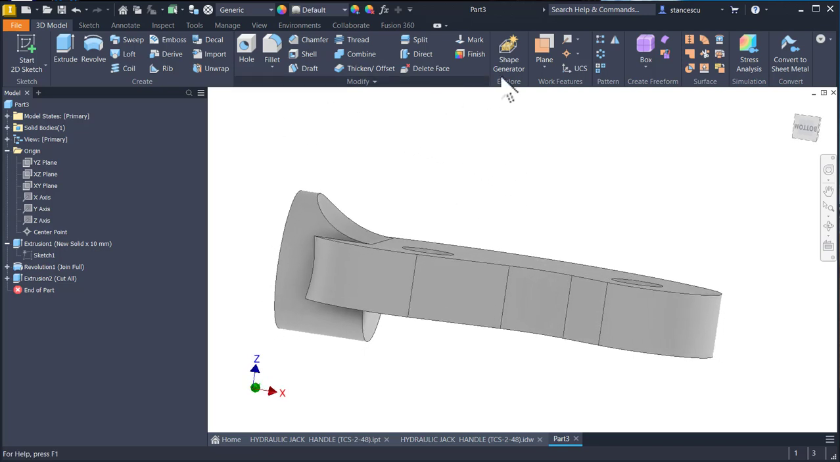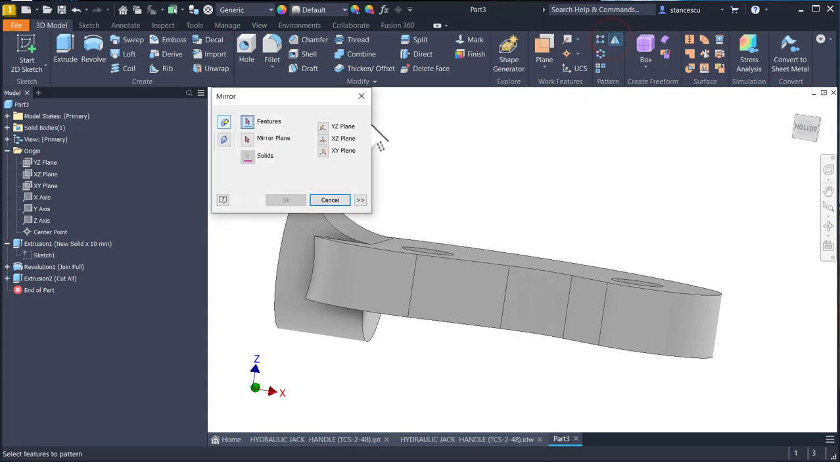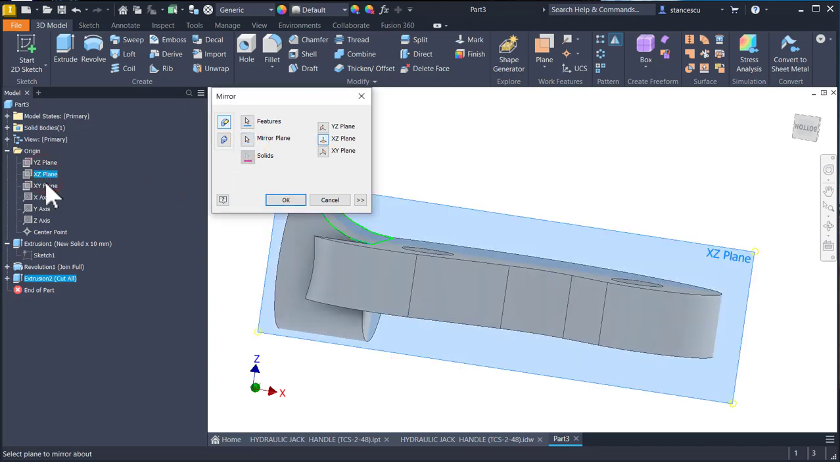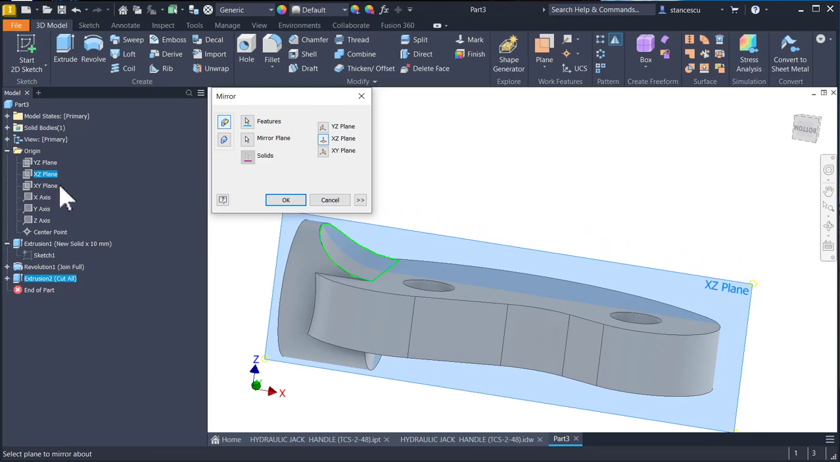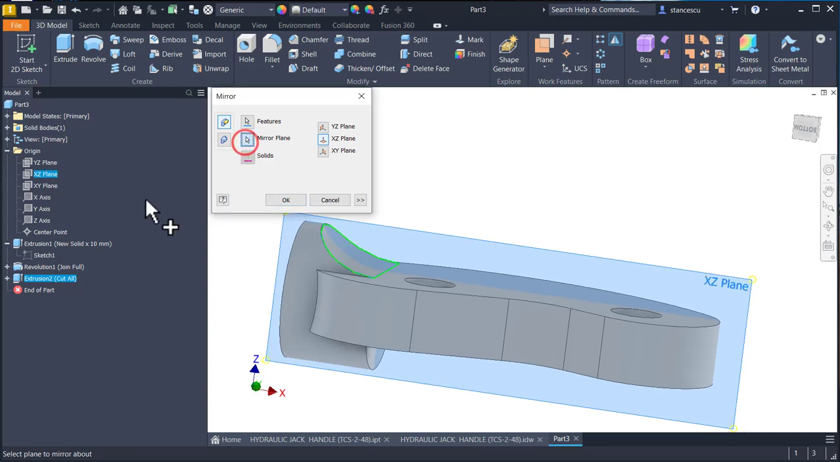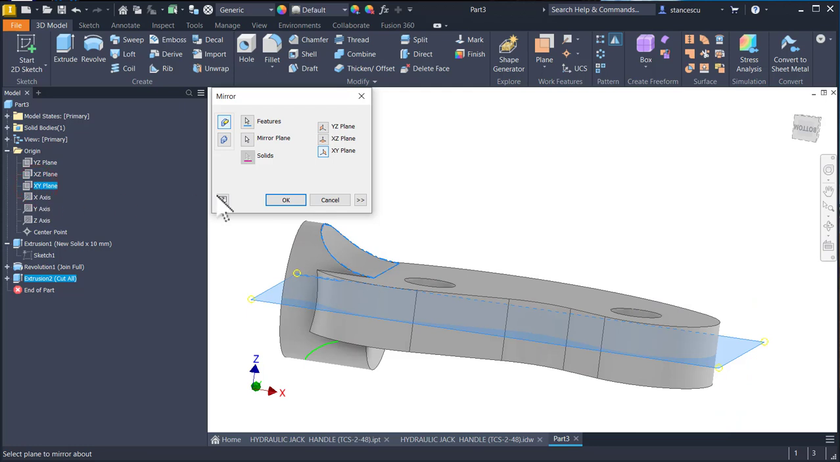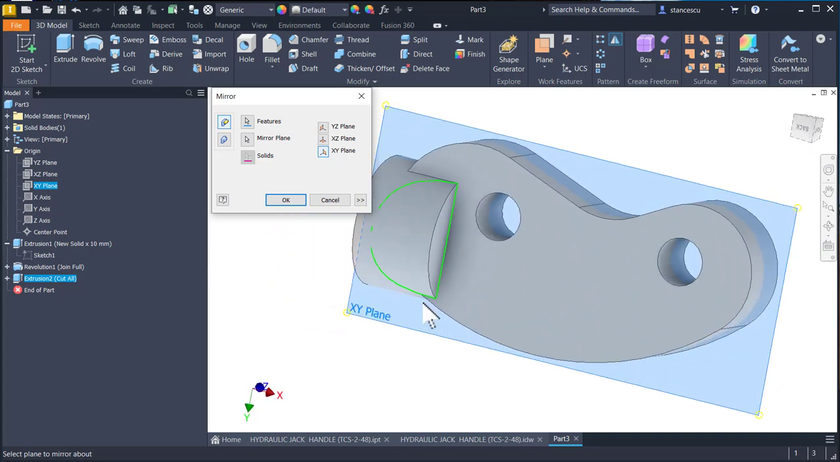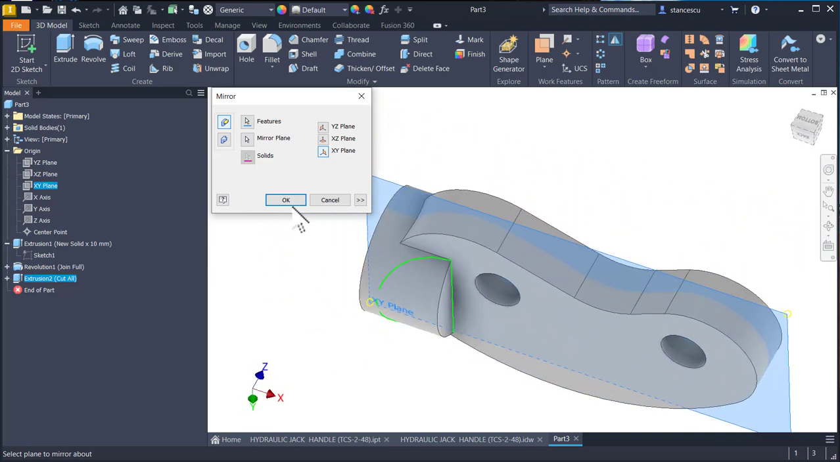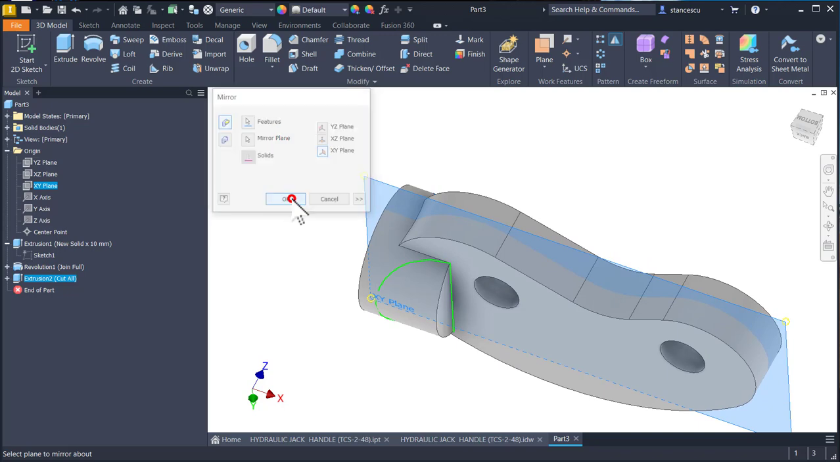The other half is obtained by mirroring the last feature about this plane. No, about this plane. Mirror and this plane. You see here what will happen. Okay,